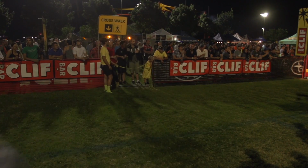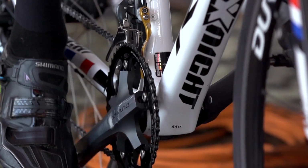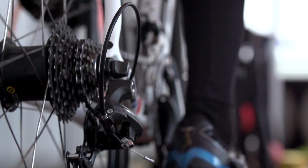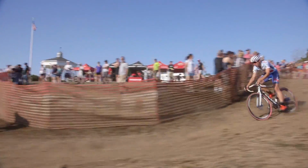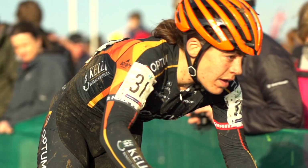So Robin here has been riding and racing CX1 for more than a season now, and what have been your experiences with it and what are the benefits of the system? It's funny in a way that I started racing cross in the late 80s, and everyone then used single ring setups, which was kind of the norm. Since then we've gone to double rings almost universally, but I always thought for several seasons that a single ring might suit me better, and then CX1 came around and it seemed like the ideal solution for me for cross,